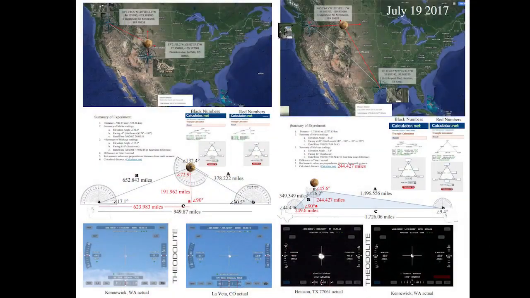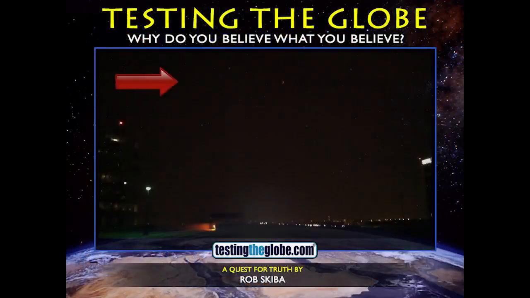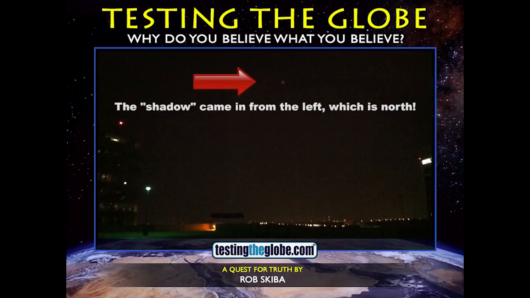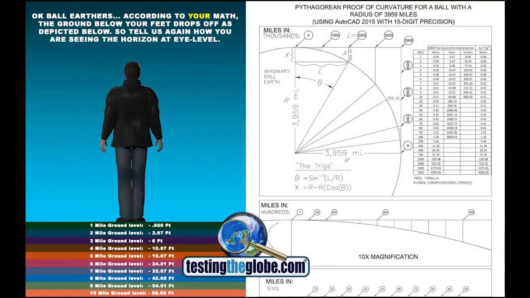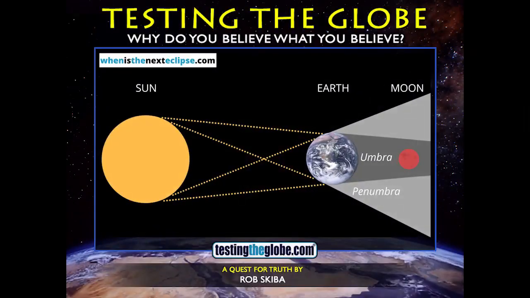So if you can go out and do tests for yourself that show and mathematically can be confirmed that the moon is way closer than over 250,000 miles away, and if you can observe an eclipse taking place where the shadow is moving in a direction that is 90 degrees off from where it should be starting, and of course if you can prove that the Earth is actually flat, then it seems to me that the whole idea of the Earth causing the lunar eclipse has to go out the window.